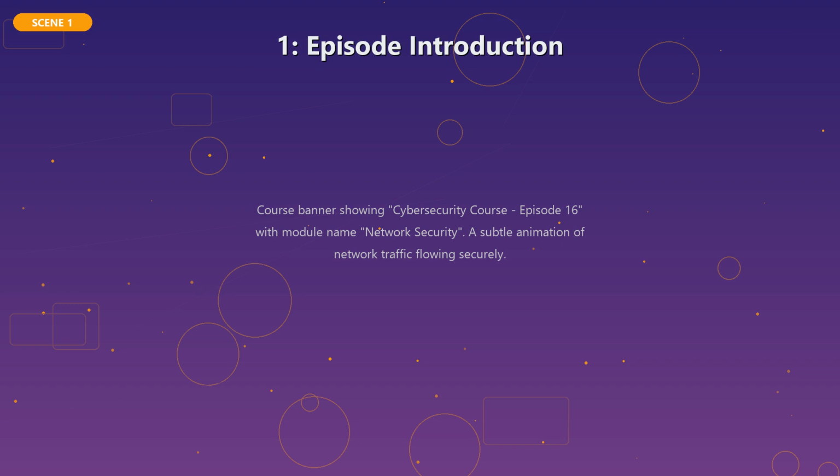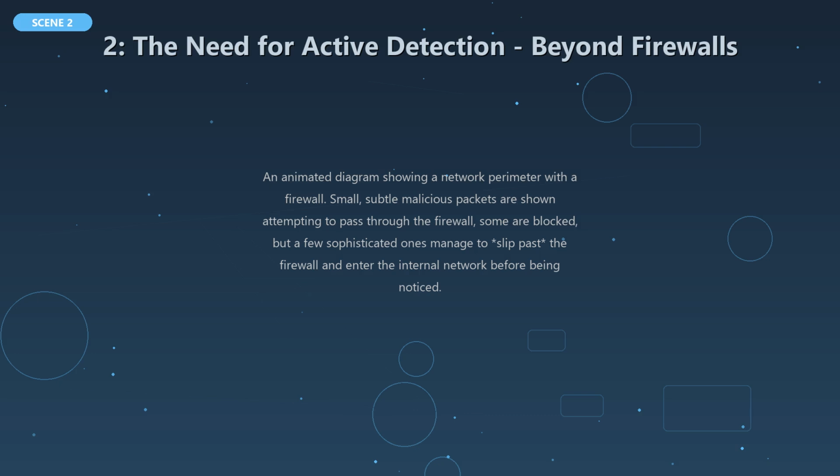Let's get started. To truly appreciate the value of IDS, IPS, and SIEM, we first need to understand the limitations of our existing security measures, particularly firewalls. In earlier episodes, we celebrated firewalls as the gatekeepers of our network, diligently enforcing rules to permit or deny traffic based on IP addresses, ports, and protocols. And they are, without a doubt, absolutely essential. They act like the security guard at the main entrance of a building, checking IDs and preventing unauthorized people from